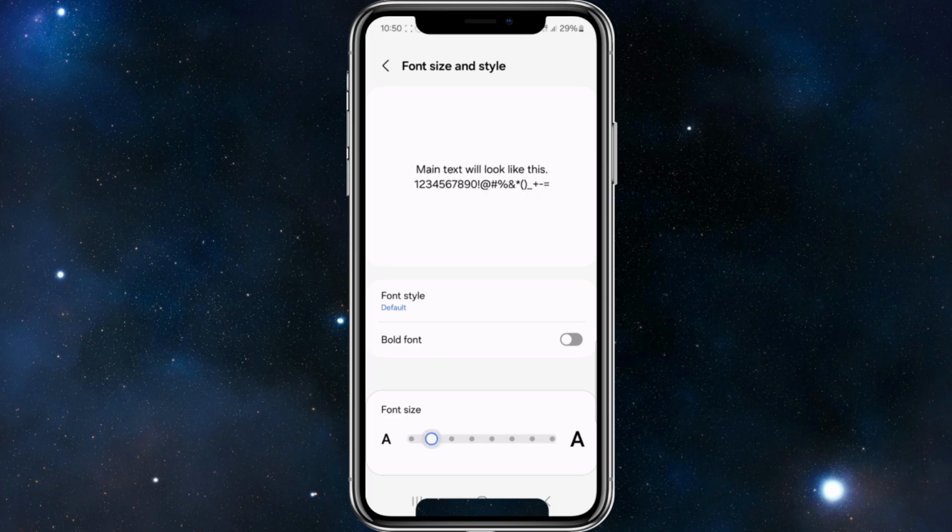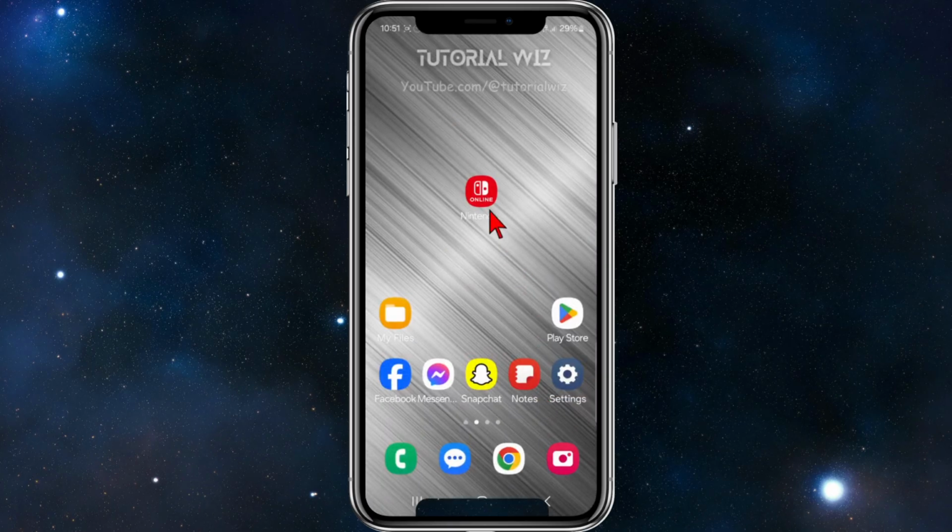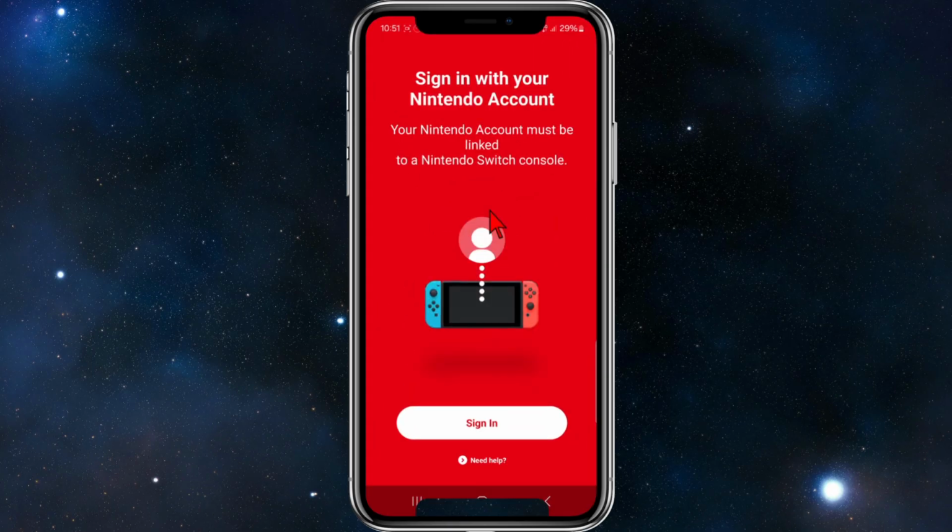So if you move this slider left to right, this is going to decrease your font size. Move it to the right, it's going to increase it. So keep it near the right hand side, and that's going to automatically make your font size in your Nintendo Switch larger. So if I go ahead and tap in Nintendo Switch, you can see the font size has been